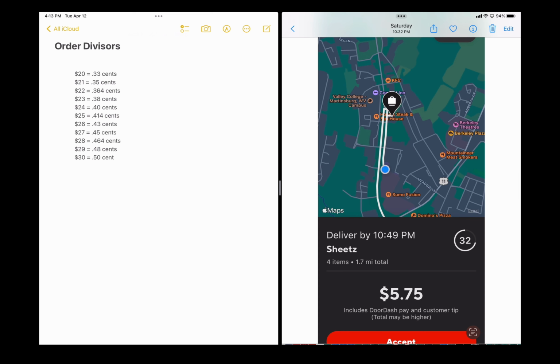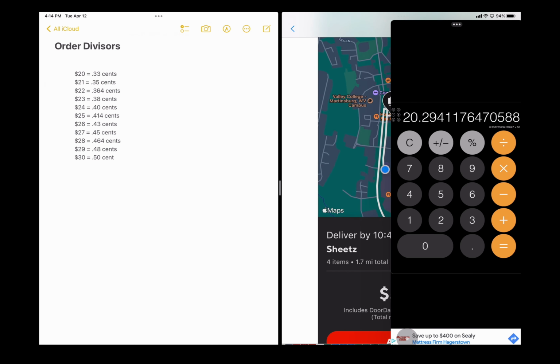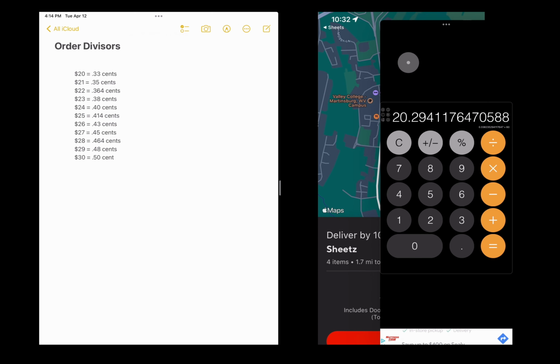And then you would know that if you got it done in 17 minutes, okay, you'd be at $20, just a hair over $20 an hour. And you know anything over 17 minutes, you're dropping and dropping and dropping. And, you know, if you have a break-even point that's lower than $20, well, I would caution against that. But if you do, you can kind of start to calculate where it's going by simply saying, well, if you're at the restaurant, so you got to the restaurant and it's 10:35 and they say it's going to be 10 minutes, and once you accept the order, you can start to put together